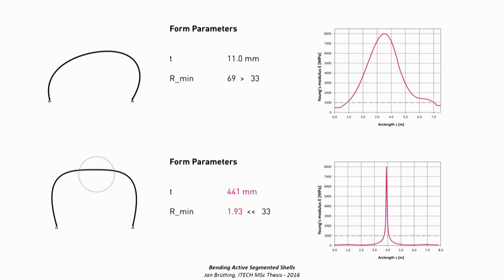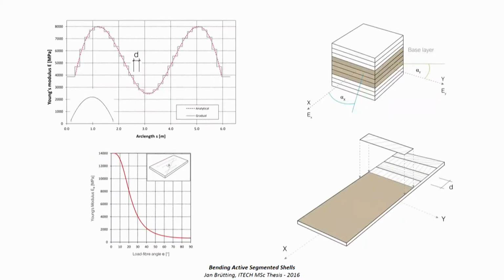But we can broaden the design range quite a lot. So we can see we can draw the curves we can see here on the left side, and then distribute the material along our strips according to the needed stiffness. And this then based on a lamination process or